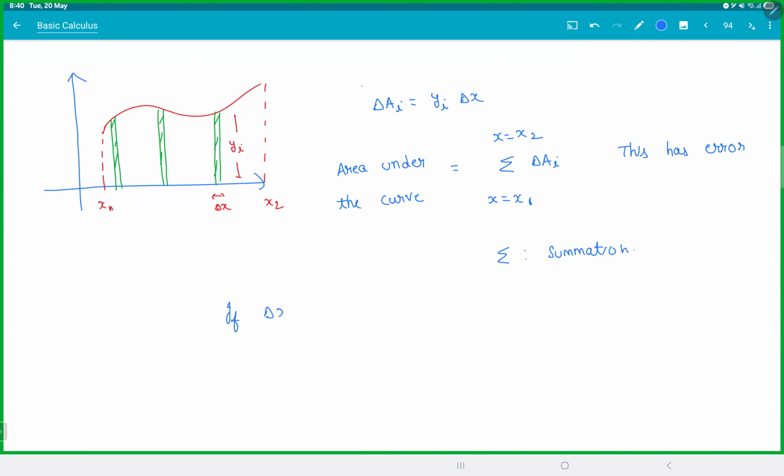If this delta x tends to 0, if you make the strip thinner and thinner and thinner, now see, when the strip is big, you have a big error. If the strip becomes thinner, error is small. If the strip becomes even thinner, the error becomes negligible. So if you keep the thickness of the strip very small, the error also will tend to 0. You're getting it? If the thickness becomes very small, then the error also becomes very small. You're getting this? So then we can say the area under the curve